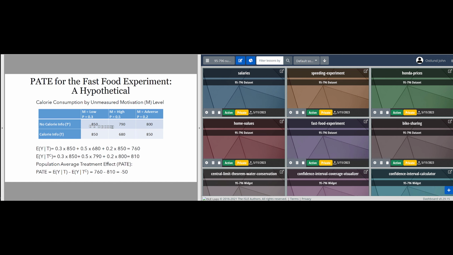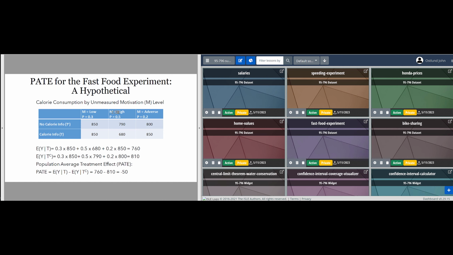Okay, so we can fill in this thing called a contingency matrix showing the average amount of consumption for the control group, the people who did not receive treatment, versus the people who did receive treatment. And